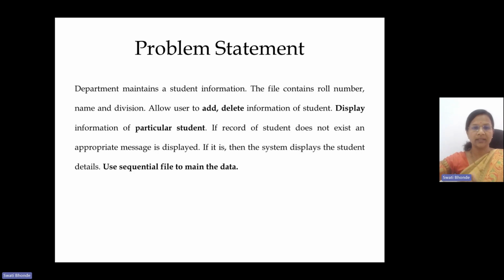So the title here is, there is a department which maintains student information. So this file basically contains the roll number, name, and division of a student. So we have to allow the user to add and delete information of a student. Also, we want to display information of a particular student. If the record of a student does not exist, then an appropriate message should be displayed. That is, if the user wants to search a particular record,